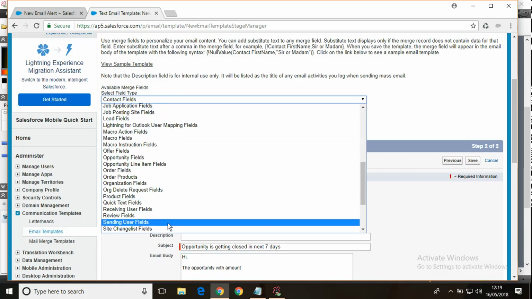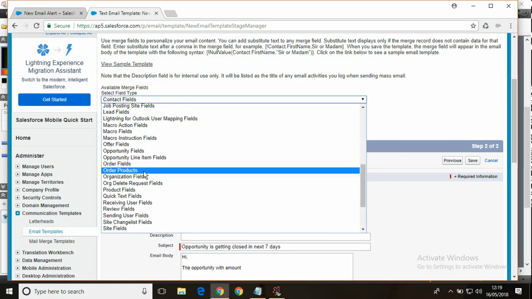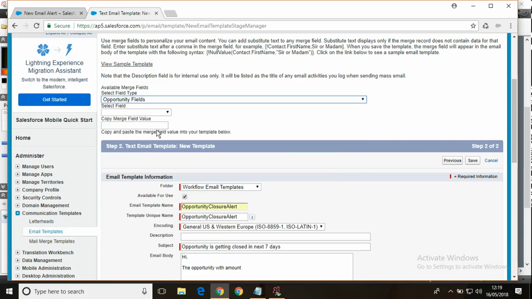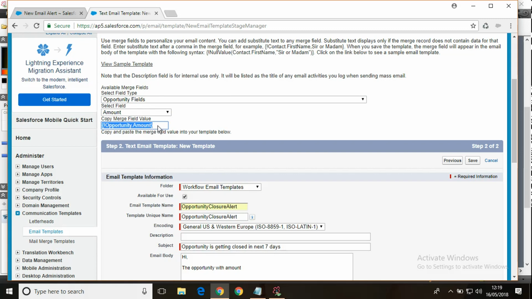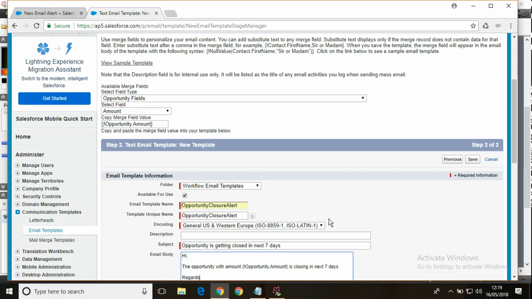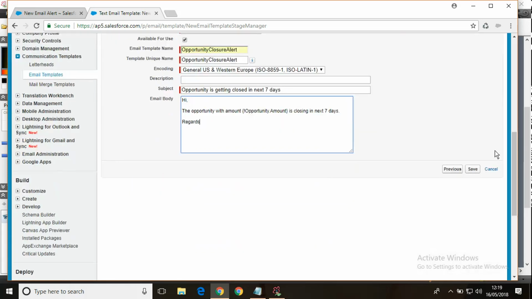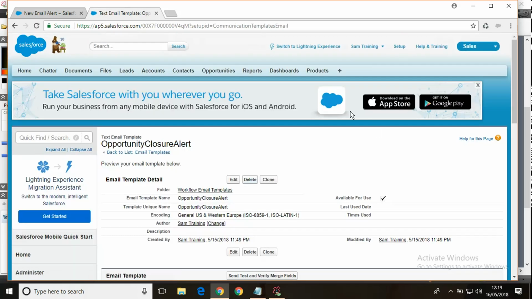So opportunity fields, and it will be amount. So this one is closing in next 7 days. That's what the alert is, and say save. This template we created. That's perfect.